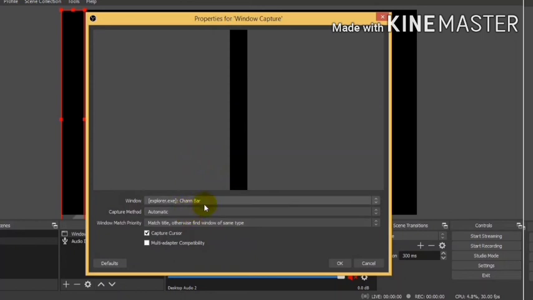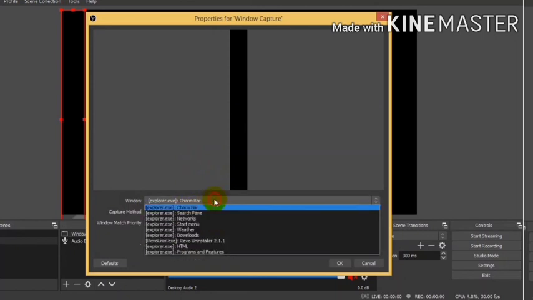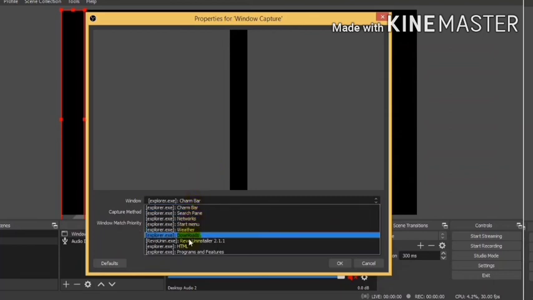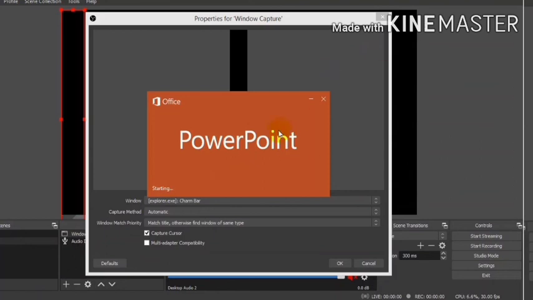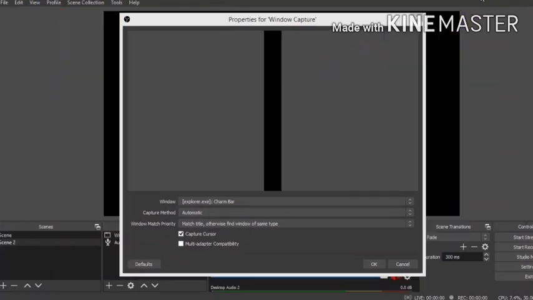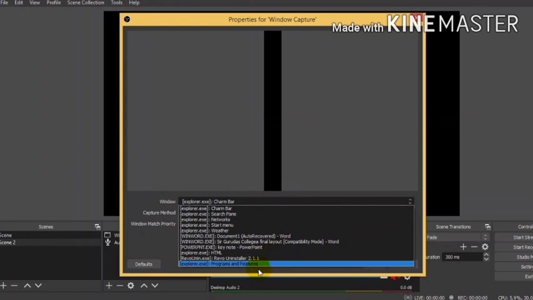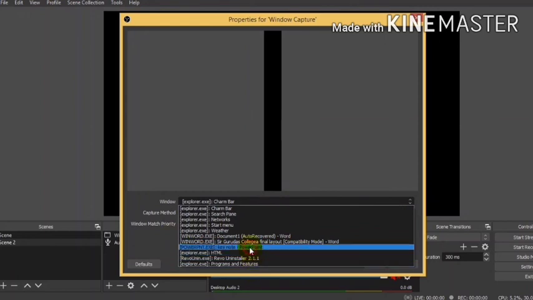To capture a window we will use the Window Capture method. Then we will select the specific window, but remember we have to keep it open, or in minimized form, otherwise it will not be shown in the list.